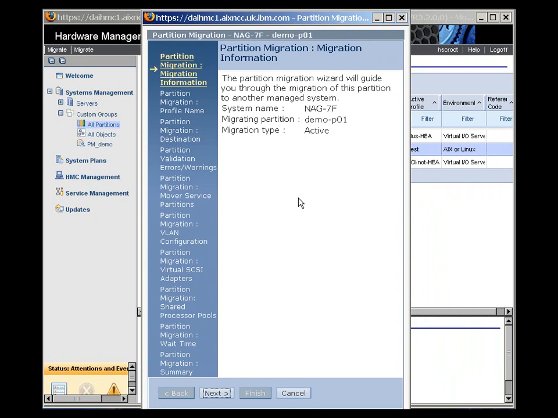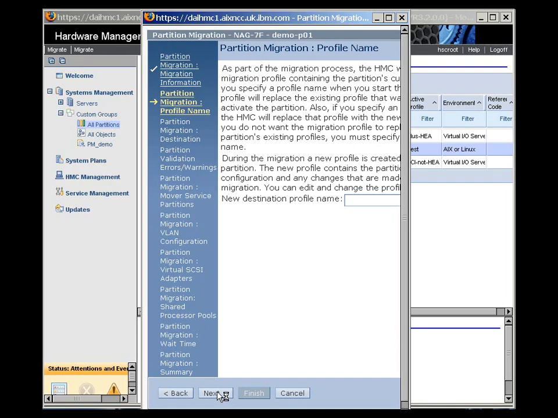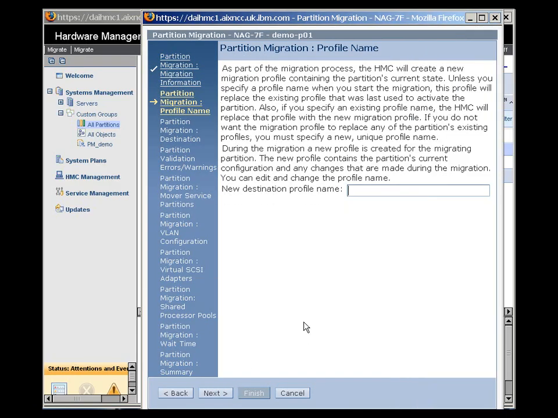First thing it says, are you really sure that this is the right partition you want to migrate? So we're on the NAG7F machine and it's the logical partition here called demo P01. That's what we want to do, and we want to do an active live migration, so we'll select next. Now it says when we get to the target machine, it wants to create a new profile for this logical partition, which is going to be